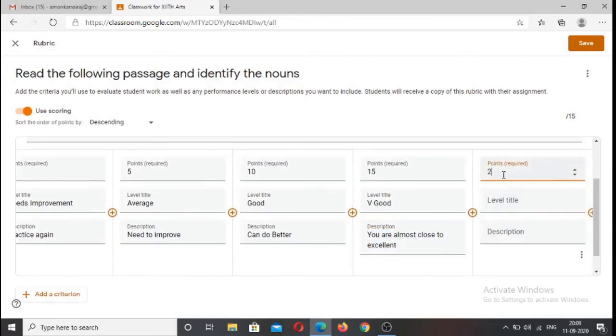And if he scores 20 out of 20, he is excellent. I will say good work, keep it up.